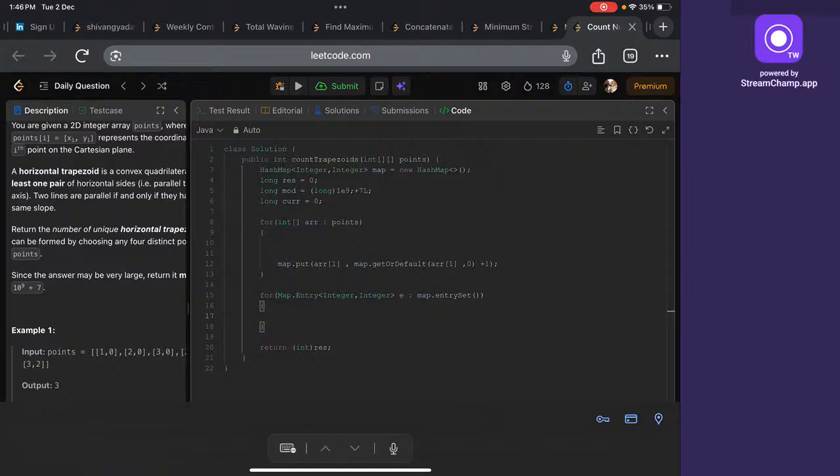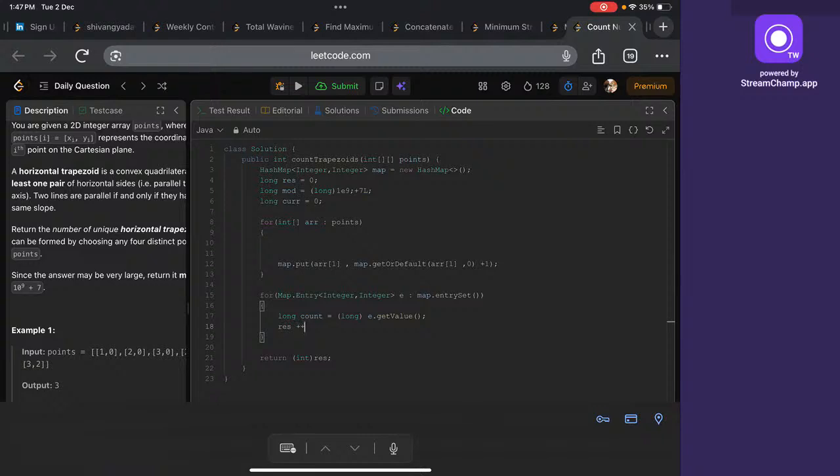Now I need the count, right? Int long count, convert the e dot get value. Okay, now I will select 2 values out of count. Now that will be stored in the result